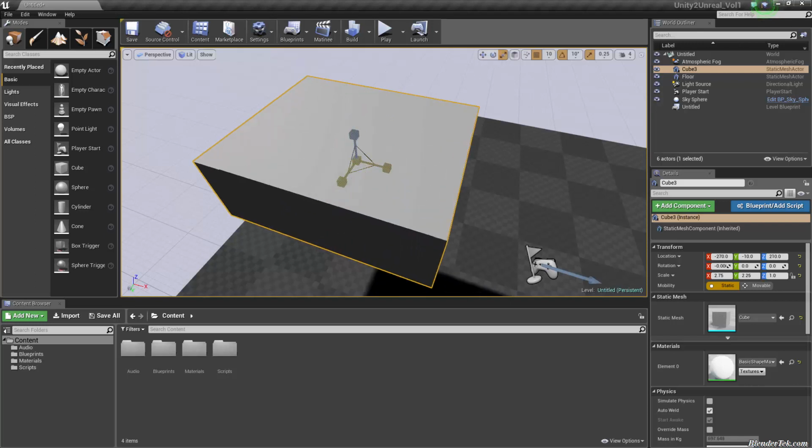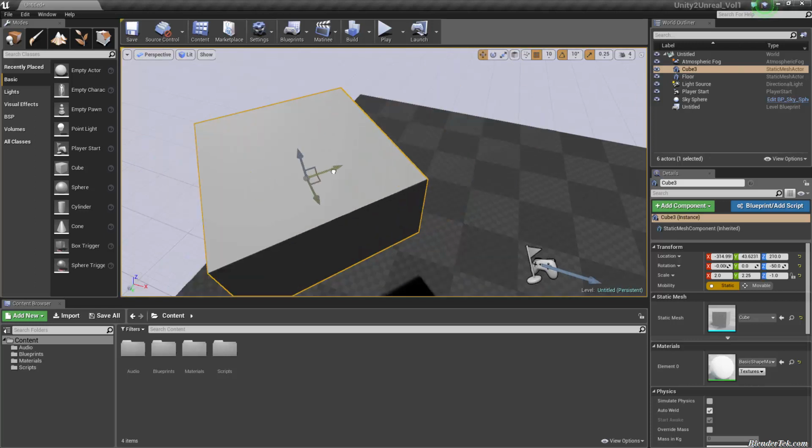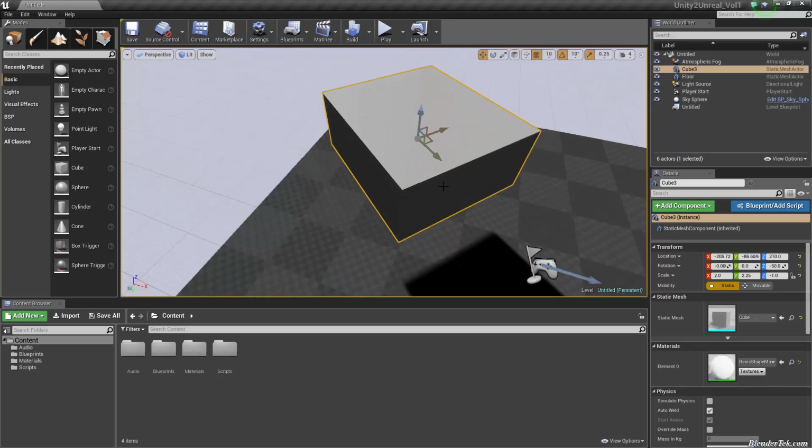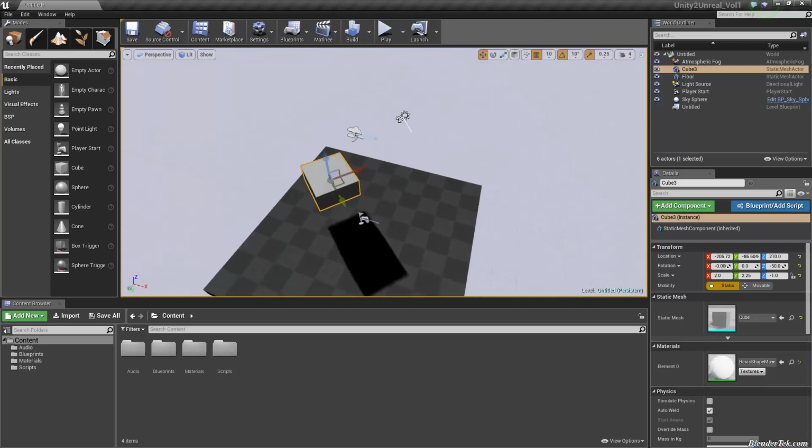I can scale it in 2 axes or just 1, and then again, if I rotate it to some degree, I can click into object mode, and then it moves to its own object space instead of world space. But I'm going to get into that more in the next volume when we go over the UI and viewport